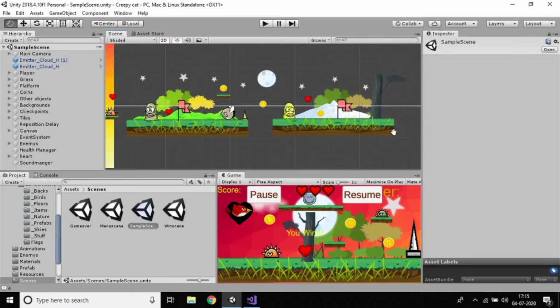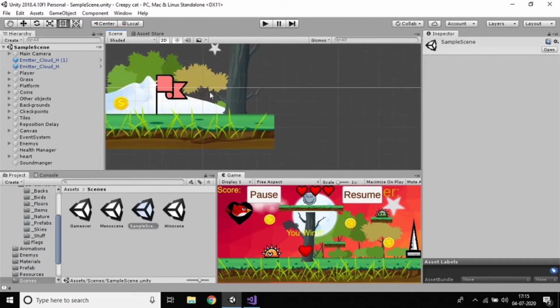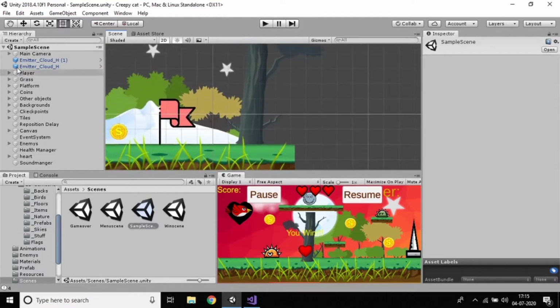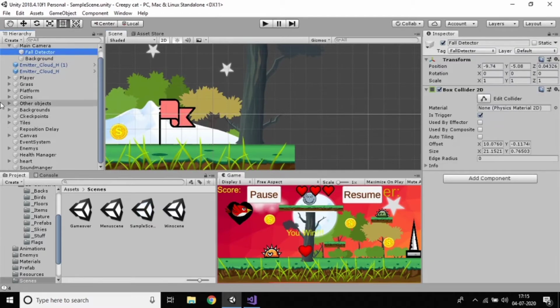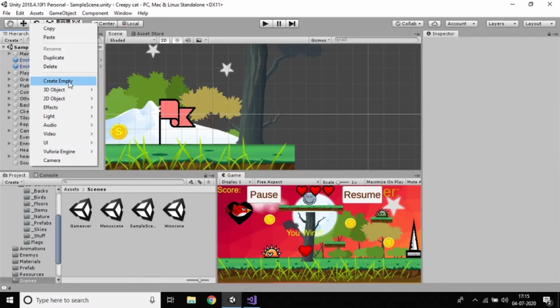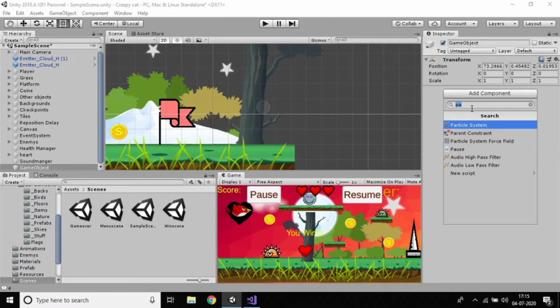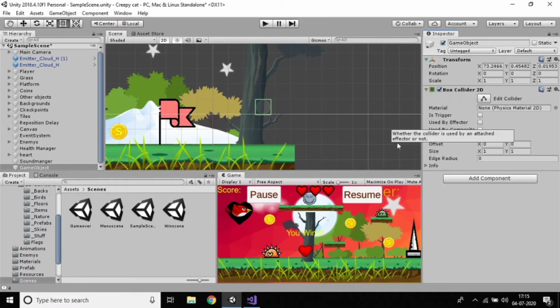If I touch this flag and I'm here, I'll get the you win scene. For that I want to create an empty game object. Make it empty, and for this I want to add a box collider. Why I'm adding a box collider, I'll show you, no need to worry.